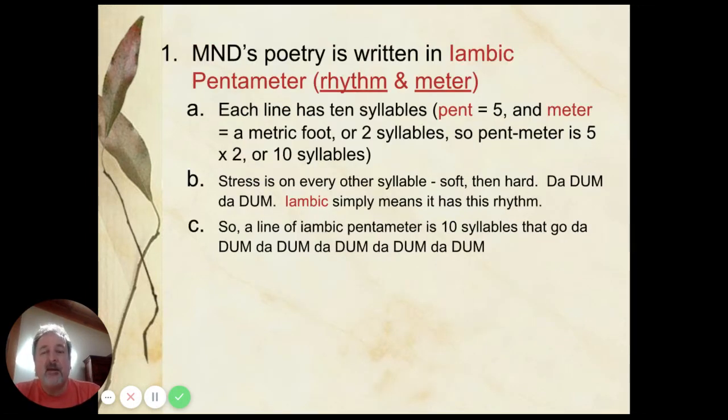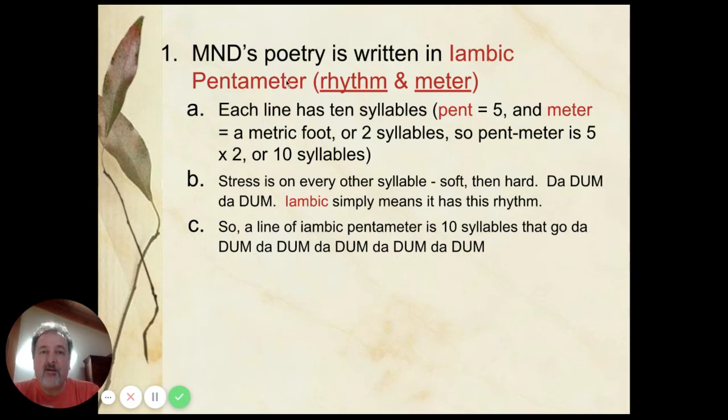So, in Midsummer Night's Dream and most Elizabethan plays, you'll find it's written in what's called iambic pentameter. Big words, but the meaning is pretty straightforward here, okay? So, iambic here is the rhythm, the stress in the syllables. And the iambic rhythm is like a heartbeat. It's ba-boom, ba-boom, ba-boom, ba-boom. So that's the sound you'll hear in the play, if you listen carefully.